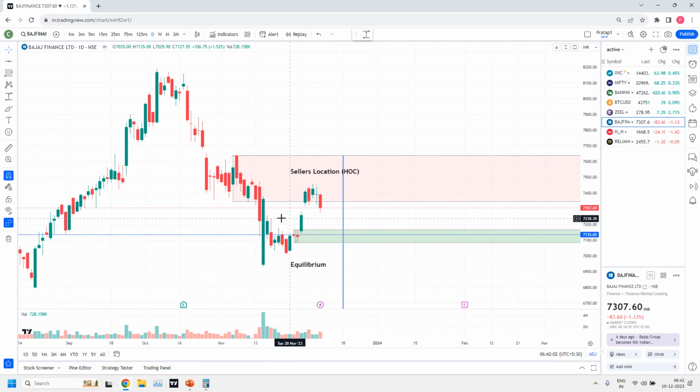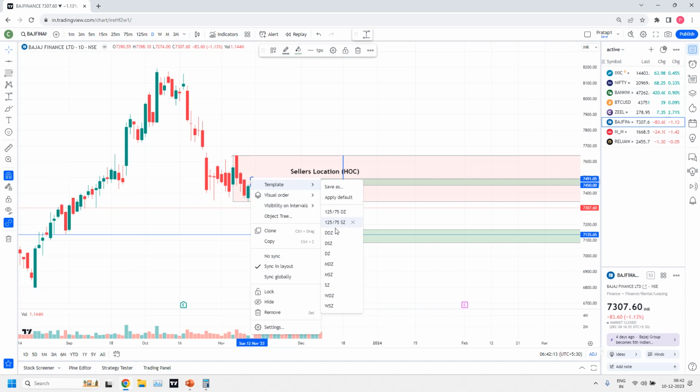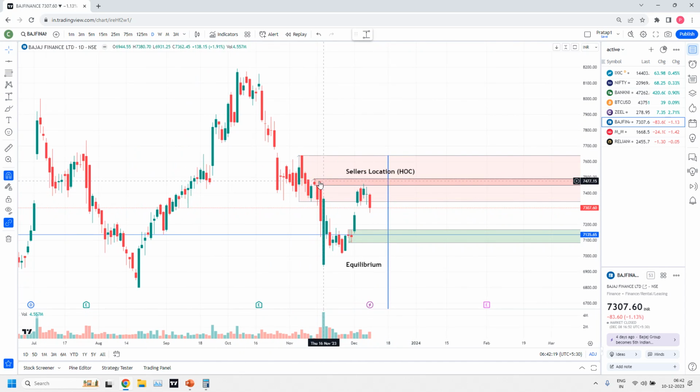Okay, now is there any supply zone? Yes, there is a supply zone. We have a rally, we have a base candle. Now this is a daily supply zone. Let us apply the template, DSZ. So now this supply zone is inside the